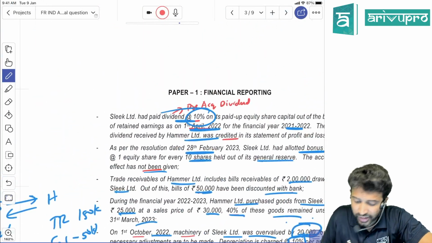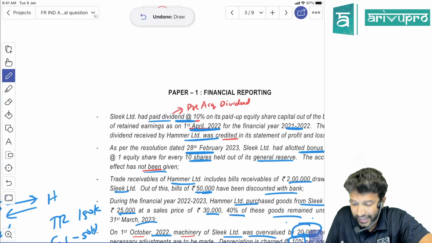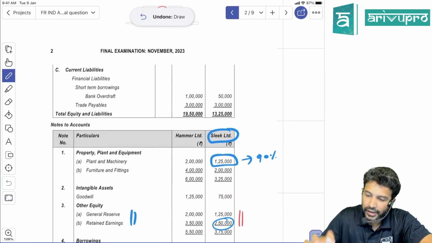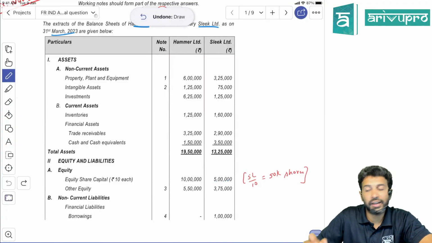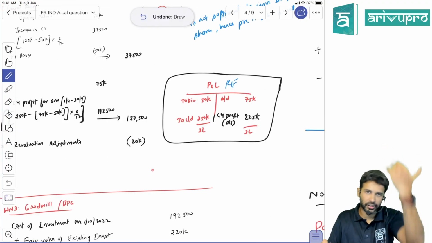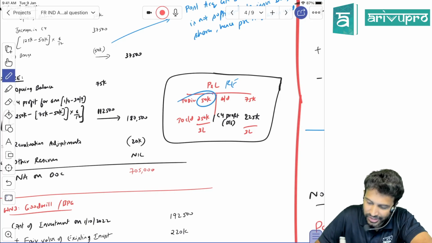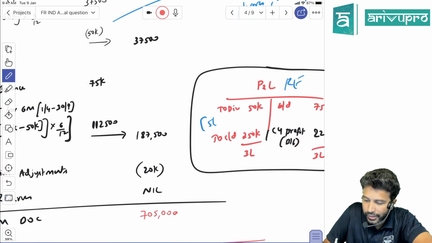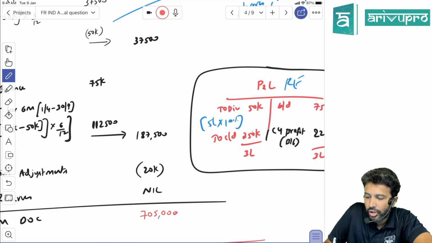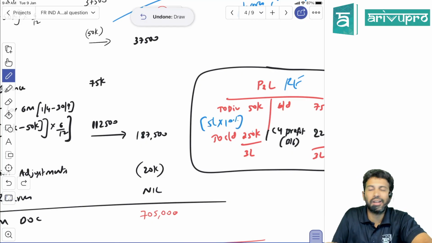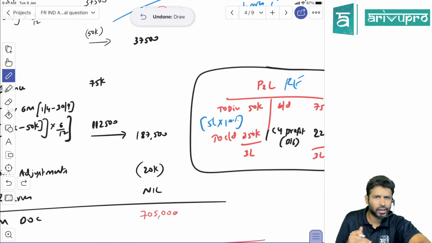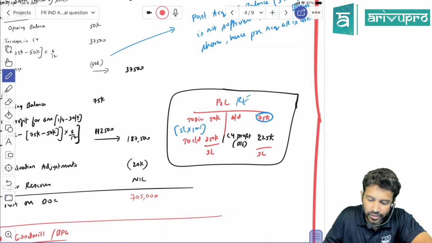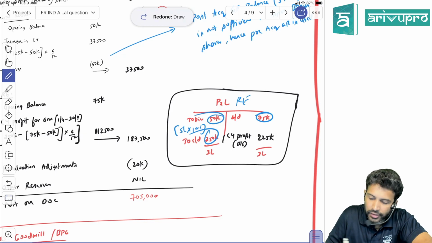Yes. They declared a dividend of 10% on its paid up capital. What is that paid up capital? The paid up capital was 5 lakh. Dividend rate is 10%. So when you pay dividend, the retained earnings balance will reduce. So how much is that? 50,000 rupees is the dividend, 10% of 5 lakh. So the dividend is paid off. To dividend 50,000, dividend account debit to bank account 50,000 will pass. Correct, sir? All right.